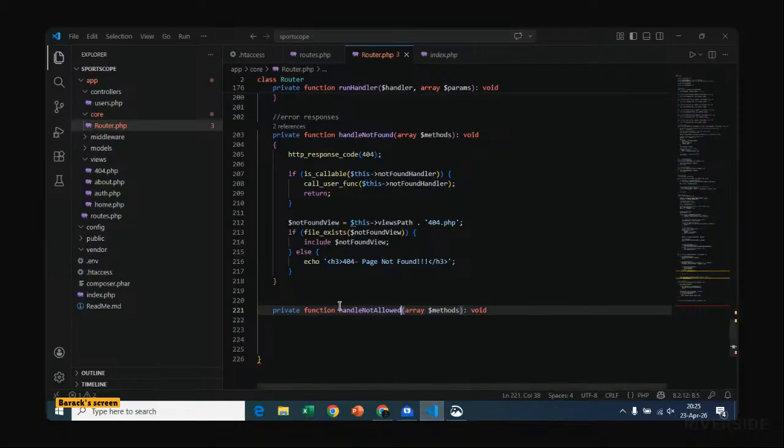There's also the check in not allowed, which is an array of allowed methods. So we shall say